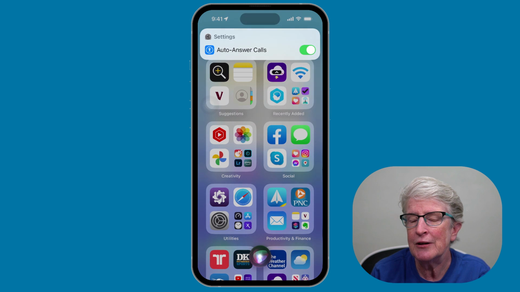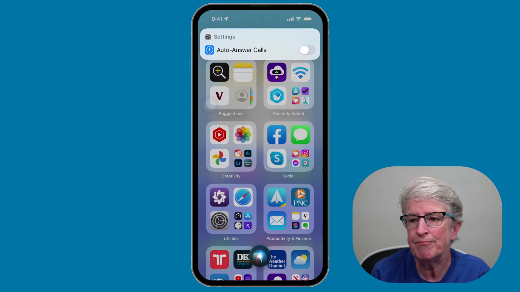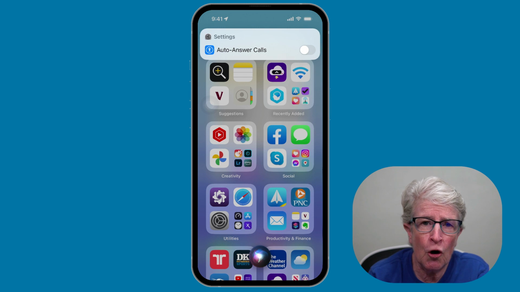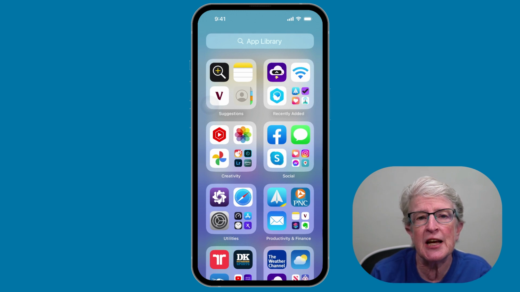Auto answer calls is already turned on. And if you want to turn it off, just say, "Hey Siri, turn auto answer calls off." Okay, auto answer calls is now off. And when auto answer calls is on, your phone call will be answered in approximately 3 seconds. There is an option inside of the Settings and Accessibility app to adjust this if you want to leave it